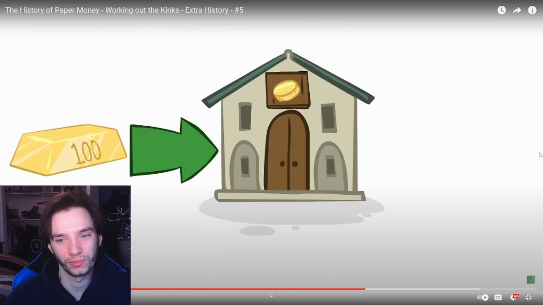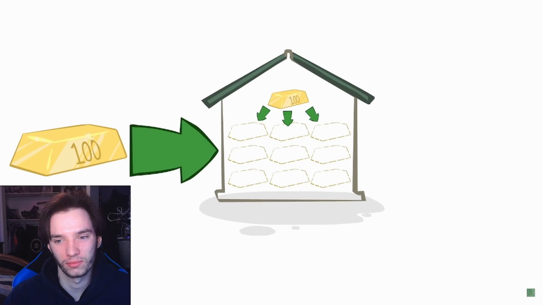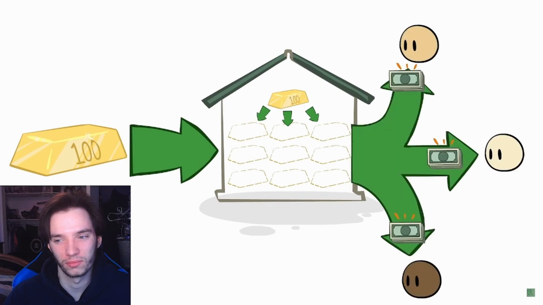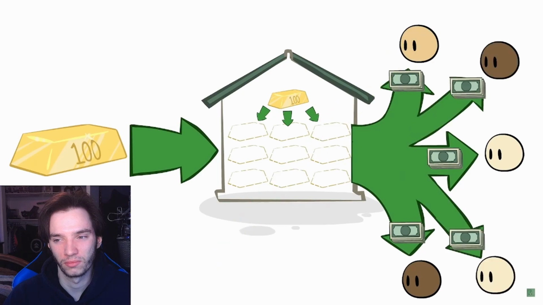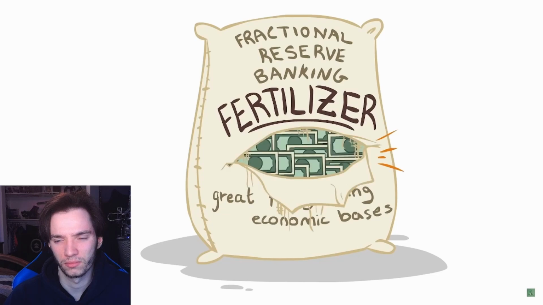So, for example, let's say that you deposit $100 in gold at your bank, and the bank is required to keep a 10% fractional reserve. That means that when you deposited that $100 in gold, you enabled your bank to lend out an additional $1,000 in banknotes. This system is a great thing because it means that the money supply can expand far past the amount of gold or silver in an economy and can meet the needs of a growing economic base, which is the very problem we were trying to solve with this whole paper money thing in the first place.